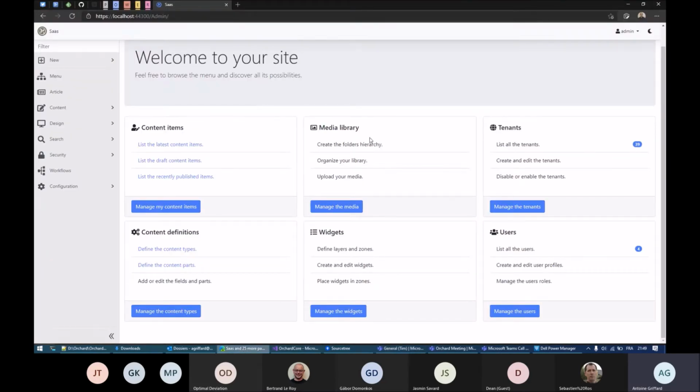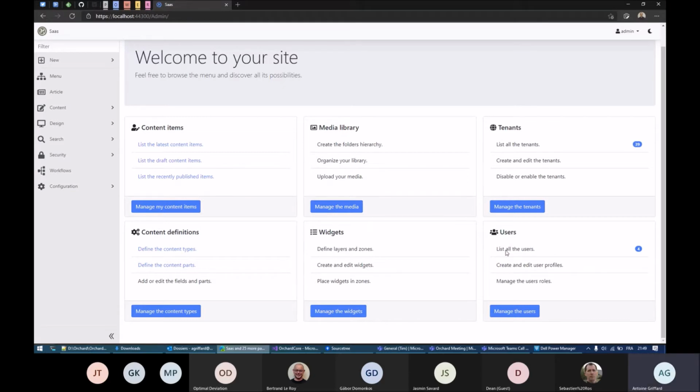Yeah. And I've made a few ones like the media library, the content definition with shortcuts to go to the content types definitions and content parts definitions. And for example, a more complex one with the tenants, so it will only be displayed on the default site, and I can do a query to list how many tenants there are in the system, or I can also do a query in the user module to list how many users.